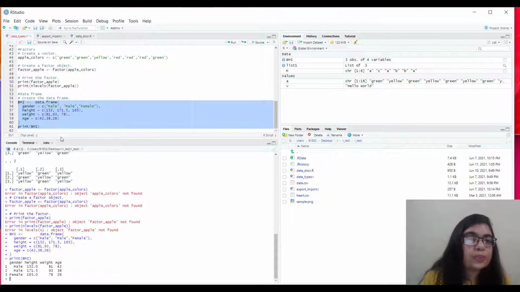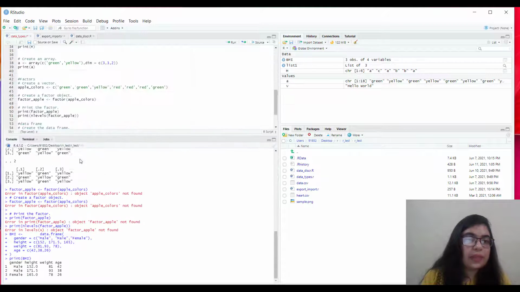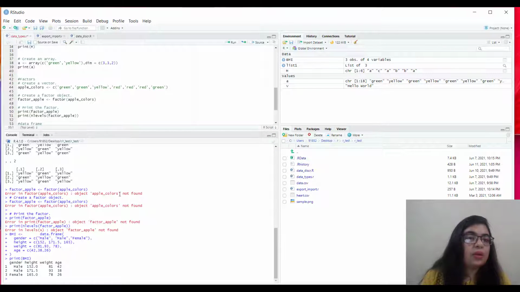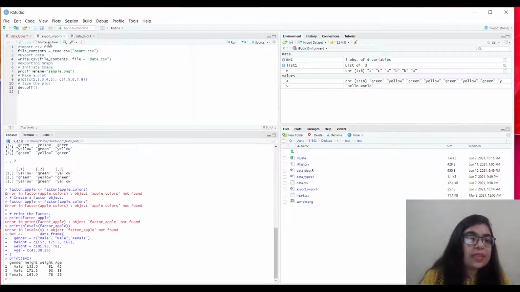Let's have a look at how the export and import is done in the data. Now let us see how the import and export of data sets can be done in R. Here, read.csv is used to read the considered data set of a file, hard.csv, which is saved. Then write.csv is used for exporting the file. Further, you can do the exploratory analysis and plot the graph accordingly for visualization purposes.